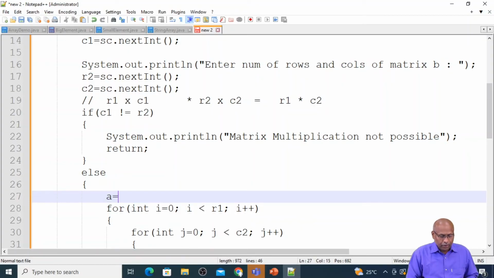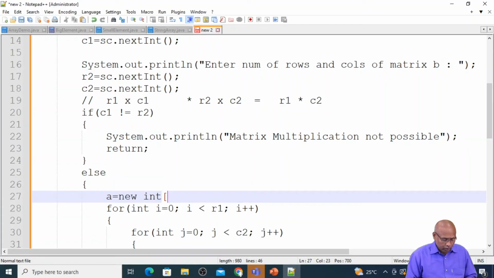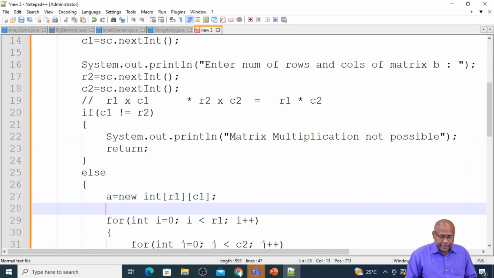A equal to new, because when you write new, the memory is allocated. What type of data? That is integer data. How many rows? R1 rows. And how many columns? C1 columns. If you write this statement, then the matrix will be getting memory and that will be initialized with initially 0. Then B, second matrix. B equal to new